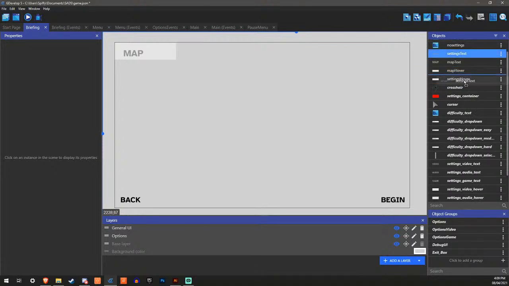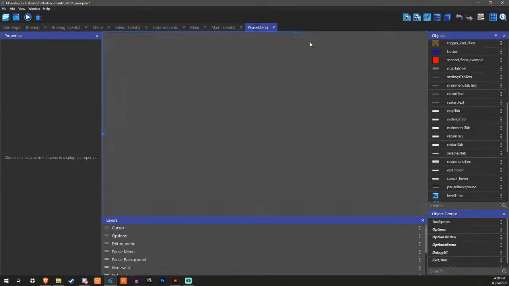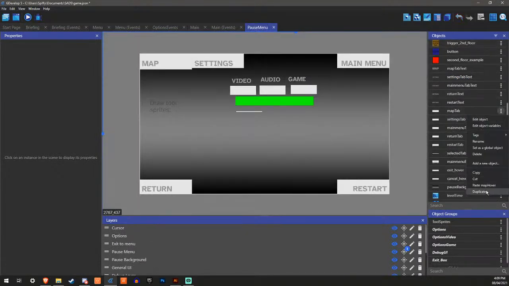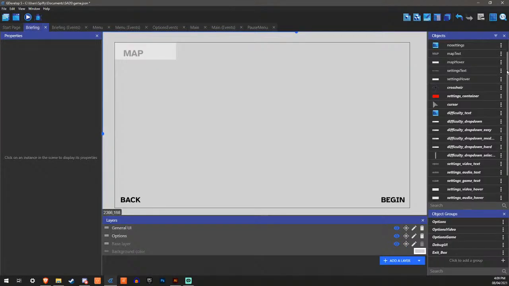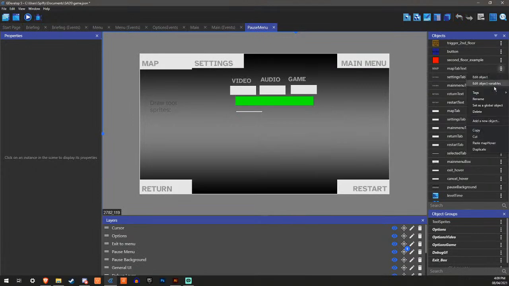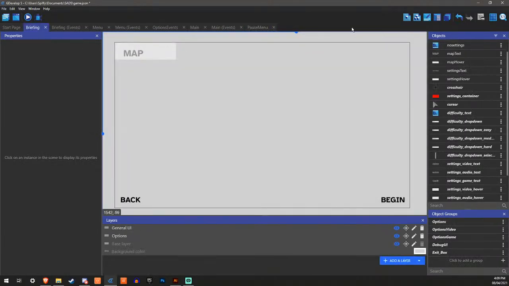Actually, I think. Would it be better to. Wait, I think I need to change the points on these. Maybe. What are the points on these ones? Yeah, bottom left. I thought they were. Wait, are the points on the text also bottom left? Yeah, they are. Okay, I thought they were. Let's do that before I duplicate any more.